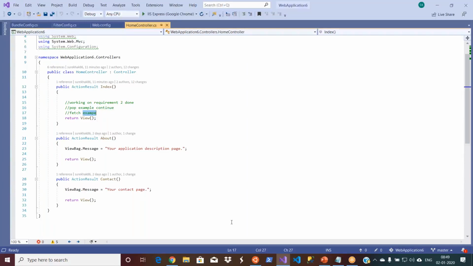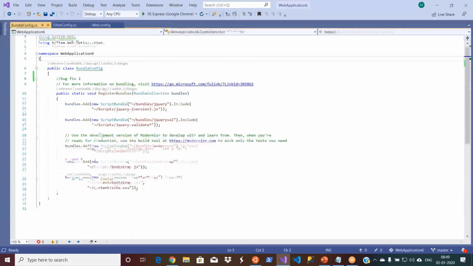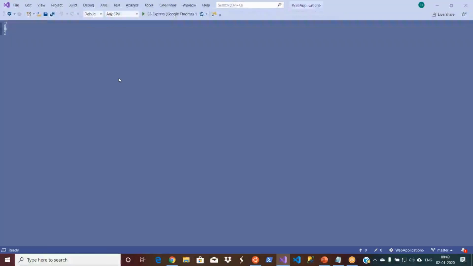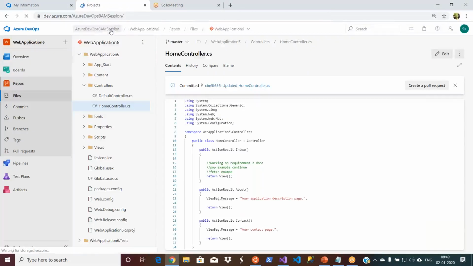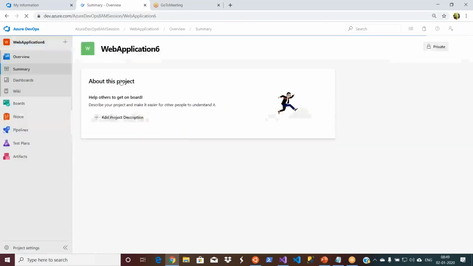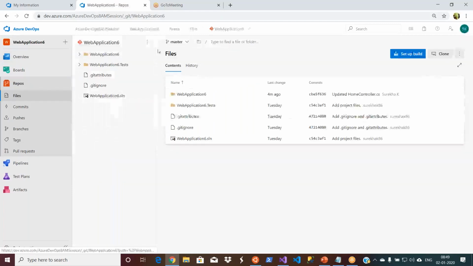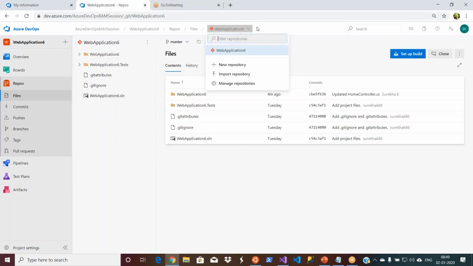So let's get into the scenarios of branches. Right now you have only one branch. By default, when you create something, it will create the master branch. But in reality, this is how you see it: you are in the organization, and this is your Azure DevOps project, and you have your repos. Go to Repos and click on Files, and you will get all your repos. This is your default repo that's been selected, web application 6. If you want to create another repository, you can do so by simply clicking on the repository. But I don't have the scenario to create multiple repositories because I only have the one code base now.